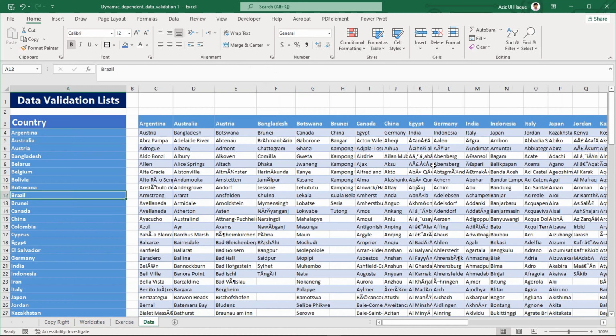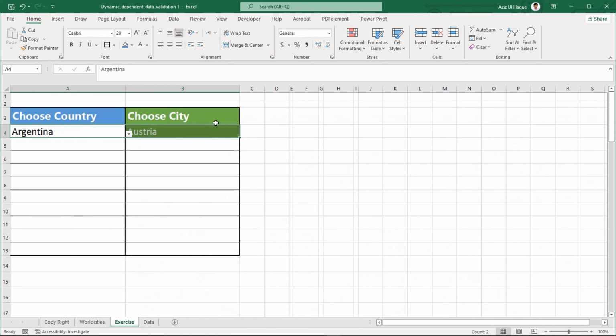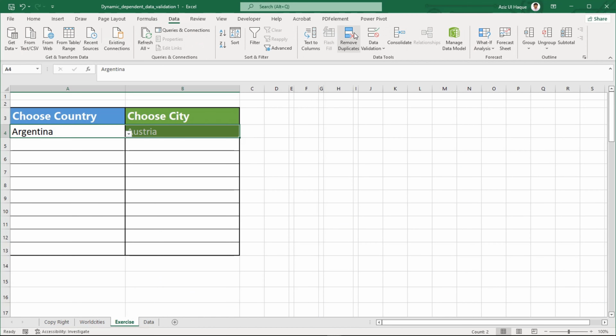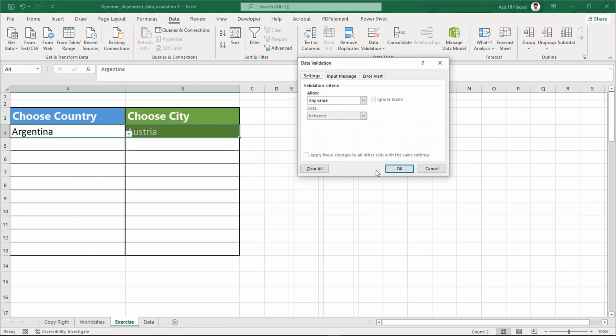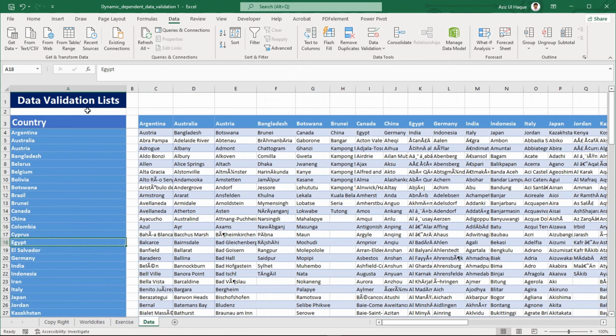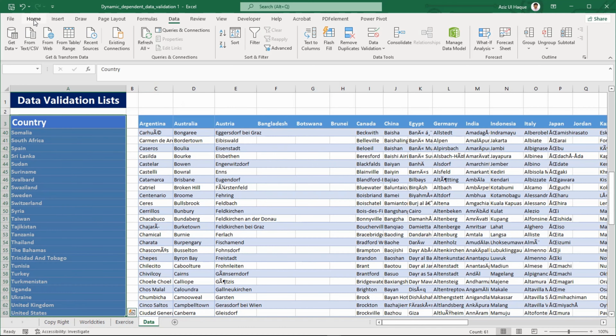Now after this I brought all this data here and made the country list, and their city names are here. So we will do an exercise now. I'll remove this data validation and I will guide you on what to do. First of all, you need to create a